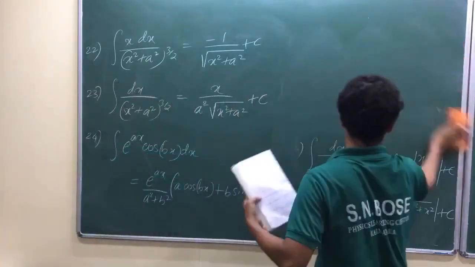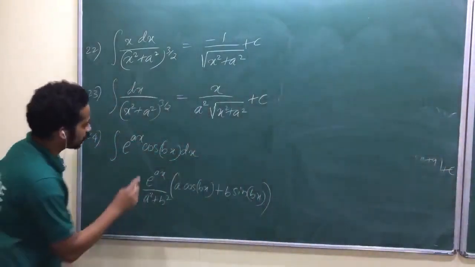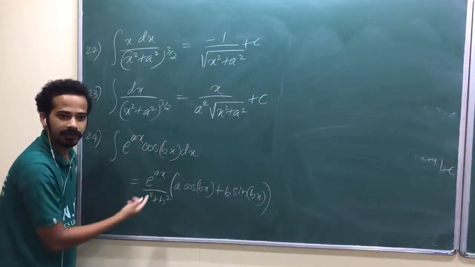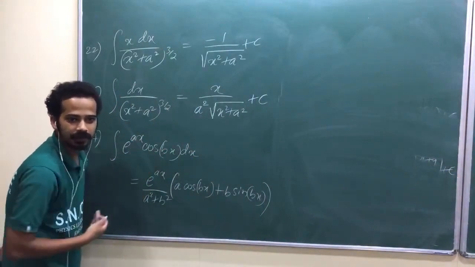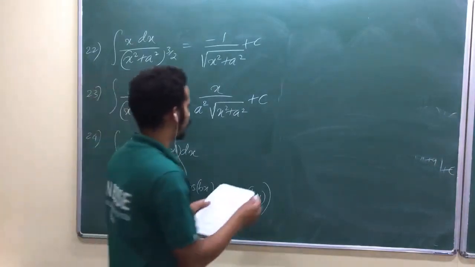If you forget that one, then how do you do it very quickly? That's the idea. Or you can write cos bx in terms of e power i theta, and the exponentials are very easy to integrate, and then you will also get the same answer. Okay, so similarly,